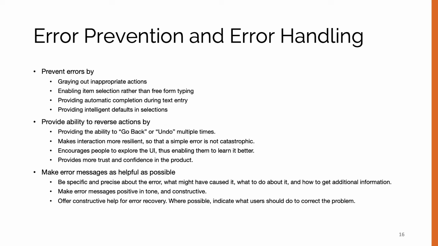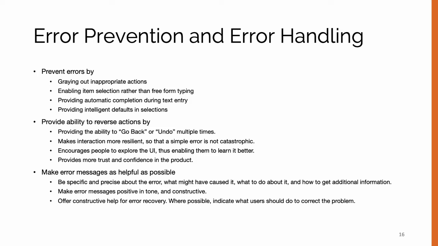Here are some things that one can do to prevent errors and to handle errors should they happen. So you can prevent errors by things like graying out inappropriate actions, doing things like enabling people to select items rather than typing them where they can make mistakes in typing, providing automatic completion during text entry, etc. We can also provide the ability to reverse actions by undo, for example, and we can make error messages as